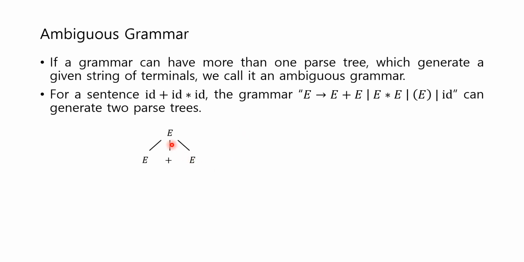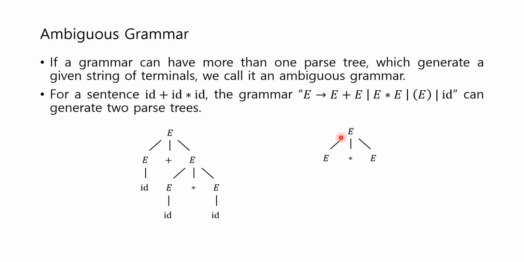Starting from the non-terminal E, we can have E plus E following the first rule, and the first leftmost non-terminal E can produce id, and the second non-terminal E produces E times E, and they produce id and id. This parse tree generates id plus id times id, and the same sentence can be generated by another parse tree